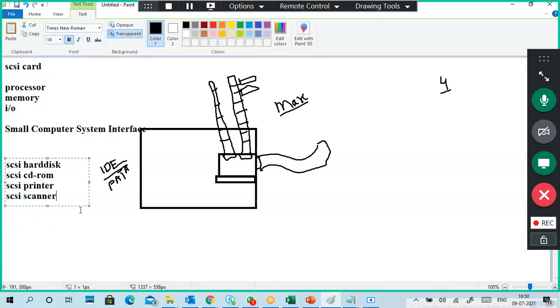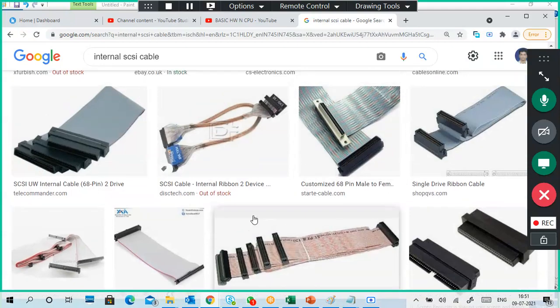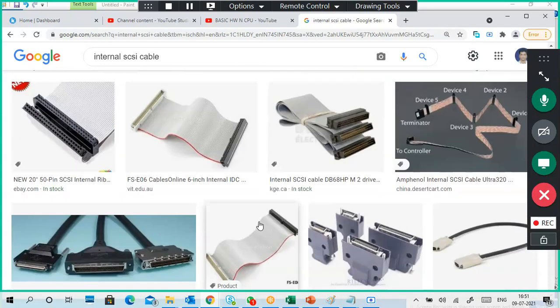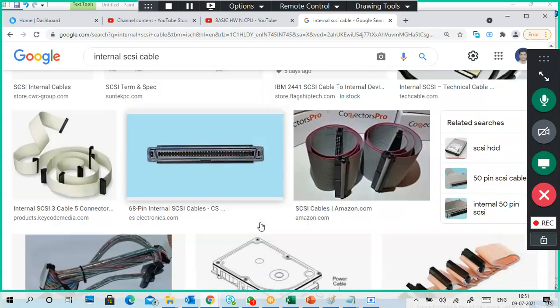Even now, in enterprises with big printing jobs that must be handled, a normal system has a limited number of ports for connecting printers. So we use SCSI. Through SCSI you can connect 10-20 printers at a time, 10-20 scanners, CD-ROMs, or disk drives. The maximum depends upon your cable and the interface of the SCSI drive.